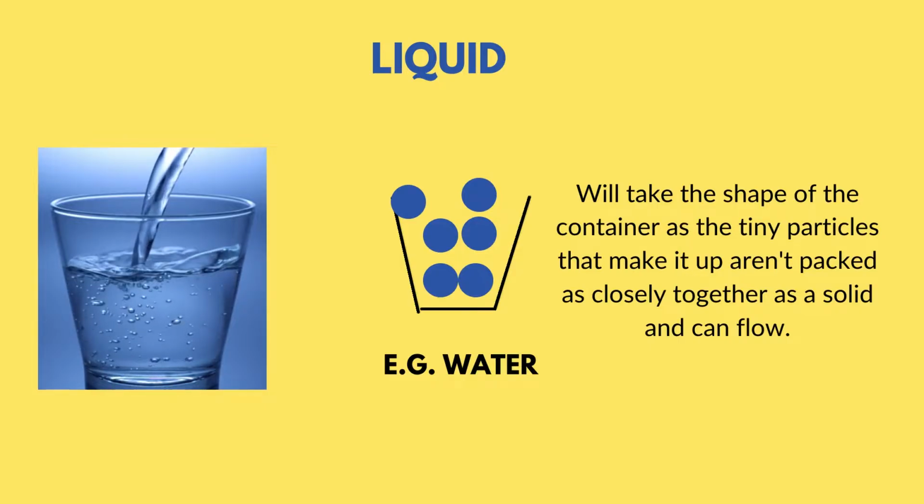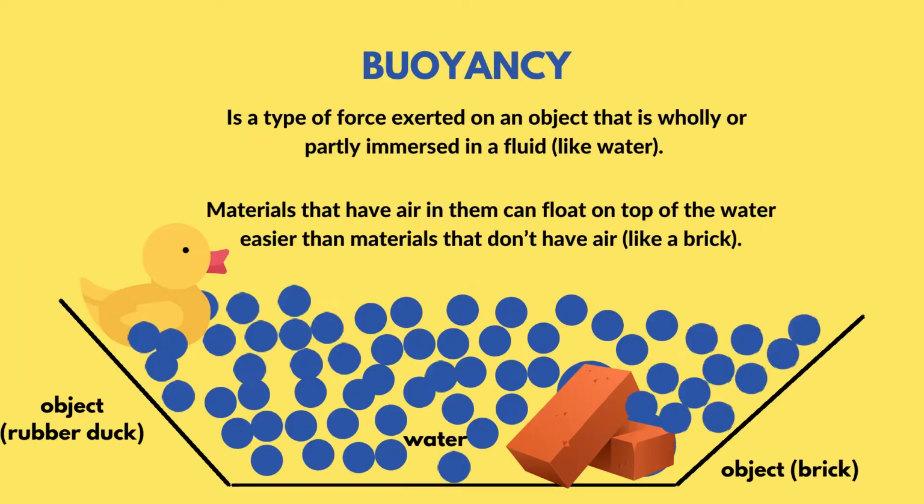Last week we learned a little about liquids and how the particles that make it up flow and take shape of their container. Buoyancy is one of the things that helps explain why some things sink and why some things float. And this is a type of force exerted on an object that is in liquid. So materials that have air in them can float on top of the water easier than materials that don't have